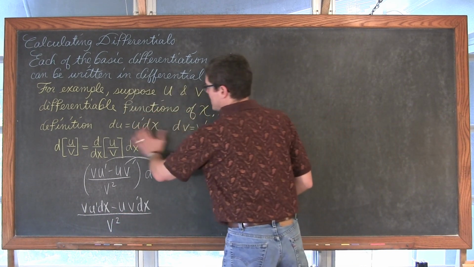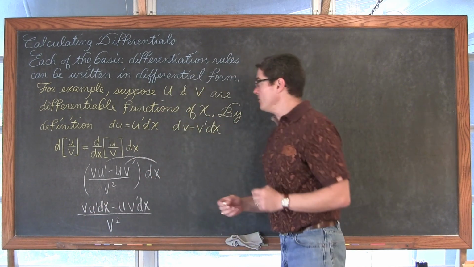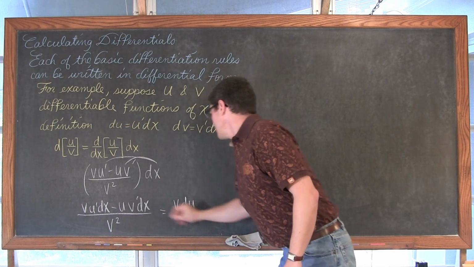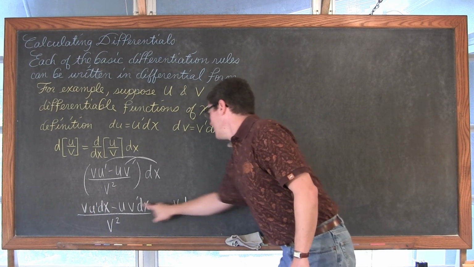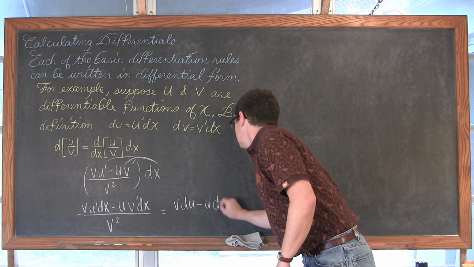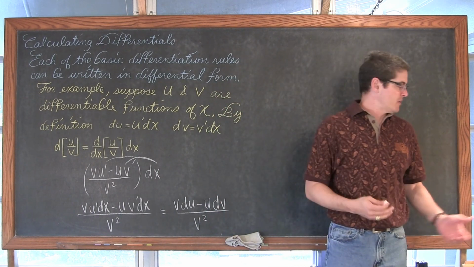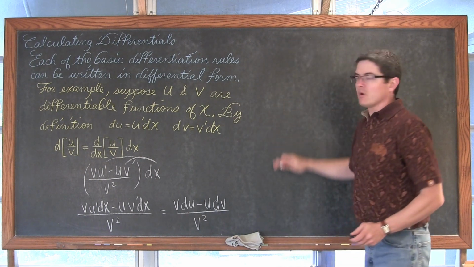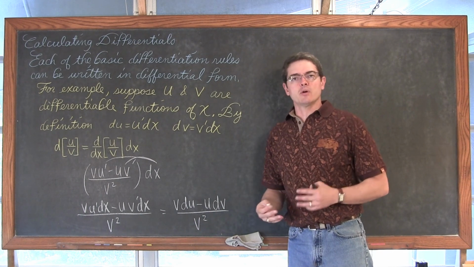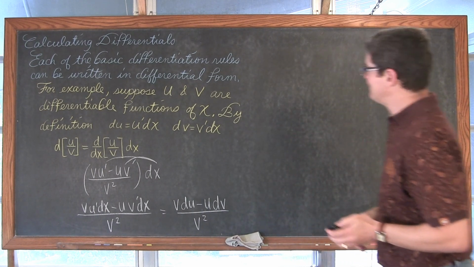And then by definition in our example, the differential of u is equal to u prime dx. So u prime dx is going to come out, and we're going to have v du minus u, and v prime dx is dv, the differential of v, over v squared. So you can see this follows very closely with finding derivatives. We're going to put the 4 rules of differentials over here, and I'm going to give you a couple of examples that I'm pretty much going to allow you to do on your own and just show you the solution to make sure that you see the relationship between finding derivatives and differentials.